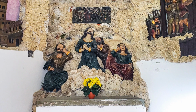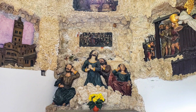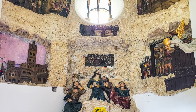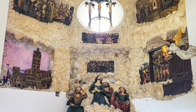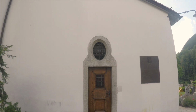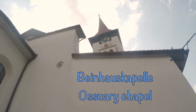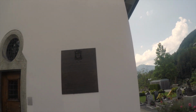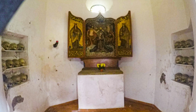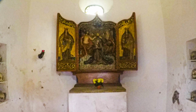Inside the Mount of Olives chapel, there is a Gothic group of figures with Jesus and the 3 sleeping apostles on the Mount of Olives. Other scenes of suffering are embedded in the chapel wall. On the ossuary chapel, there are skulls preserved in the wall niches, indicating the original function of the chapel. It contains a Gothic winged altar,